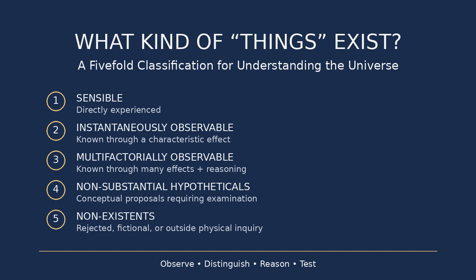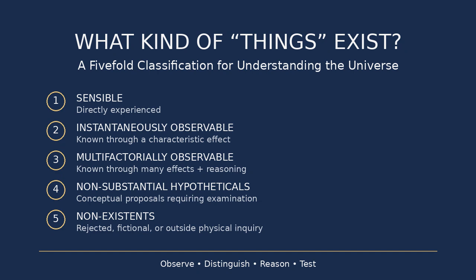But there is a small qualification. Directly sensed does not mean infallible. Our senses have limitations. An object can appear smaller at a distance. A stick partly immersed in water can appear bent. A visual illusion can make us perceive something that is not actually there. So the word sensible should mean directly accessible to perception, not automatically true in every interpretation.